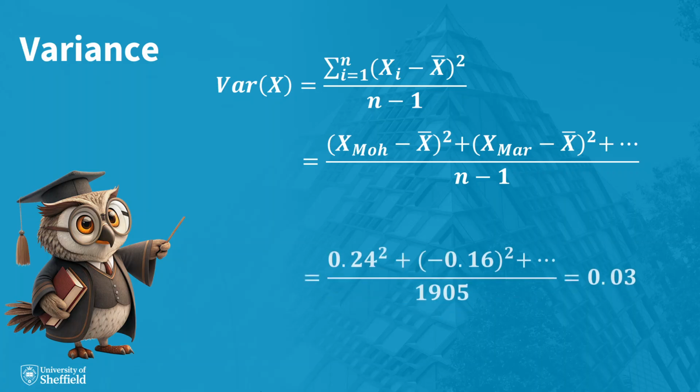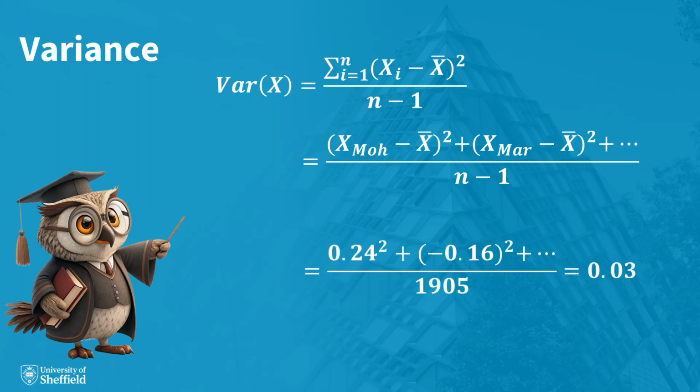Mohammed has a wealth index of 0.24 above the mean, so we find the square of 0.24. Meanwhile, Mariam has a wealth index of 0.16 below the mean, so we need to find the square of minus 0.16. We do this same calculation for all 1,906 children in our sample, working out how far away they are from the sample mean and then squaring that difference. Notice that whether the difference is positive like Mohammed or negative like Mariam, the squared difference will always be a positive number. We add all these squared differences together and then finally divide by the sample size 1906 minus 1,